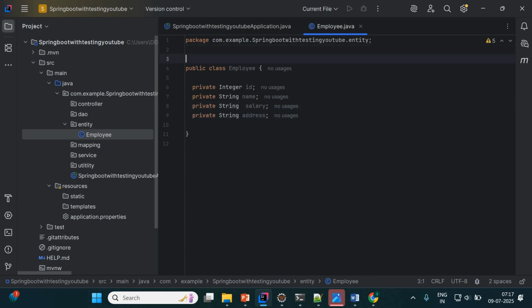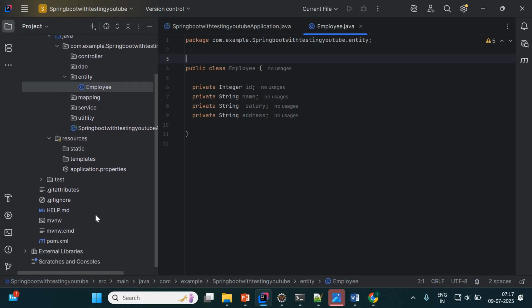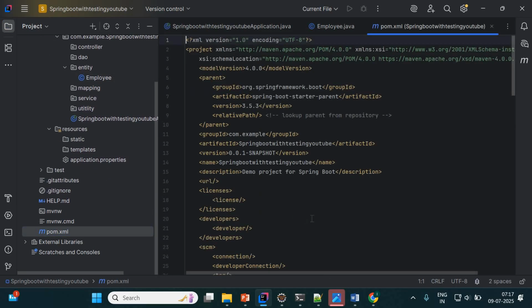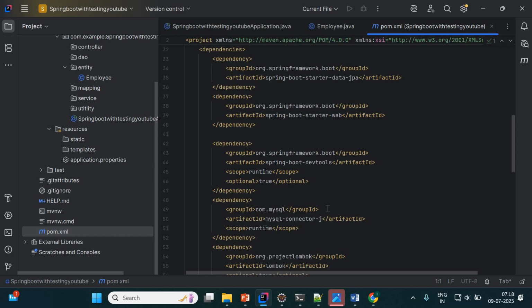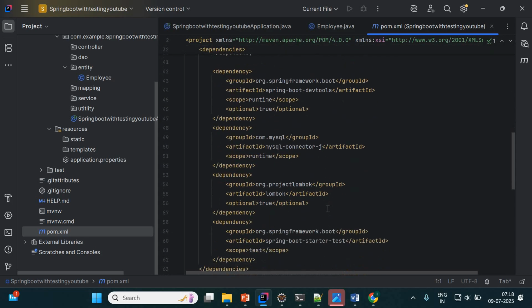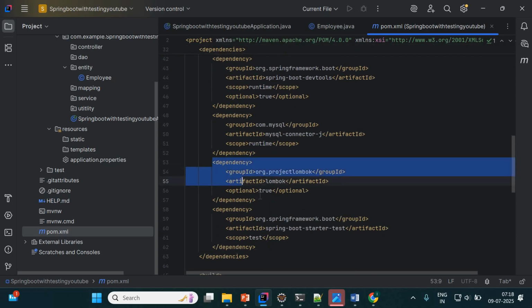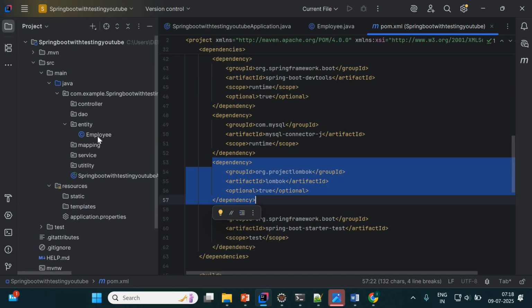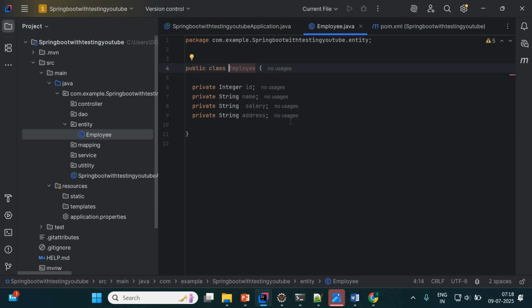So here I am not going to create getters and setters. I added one Lombok dependency in the pom.xml file. You can see it, that is Lombok. It provides annotations that let us skip the getters and setters. Normally, if you are already aware of core Java, when you create the entity class, we have to write getters and setters, but we are not going to do that. Here I will use